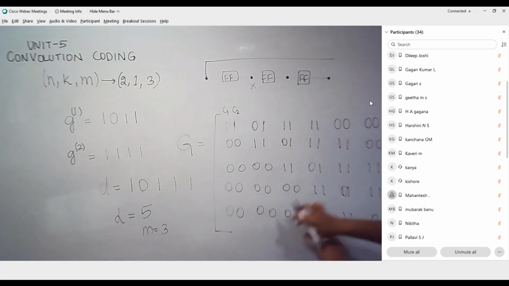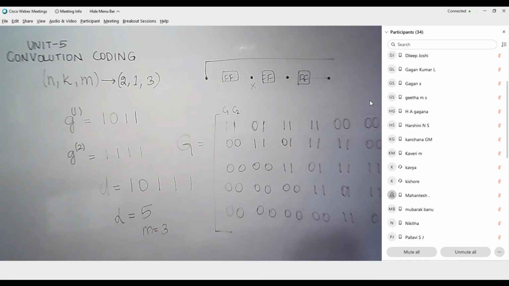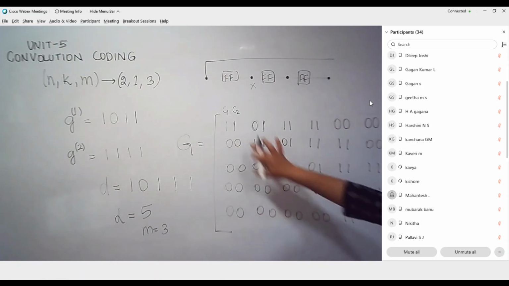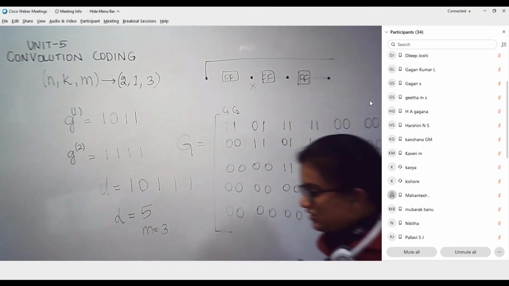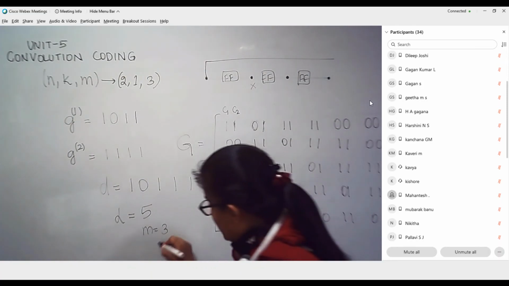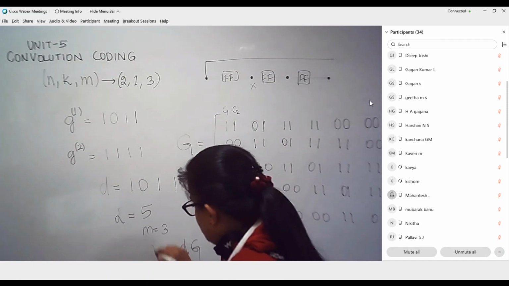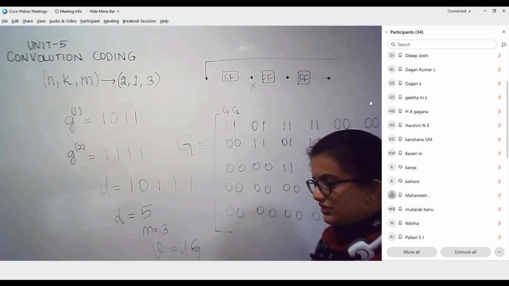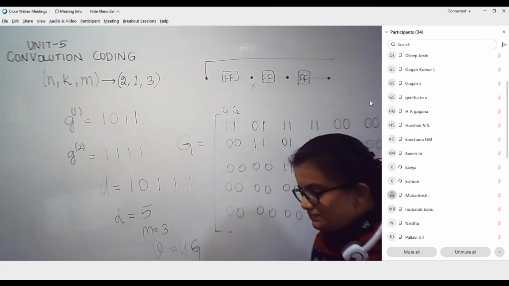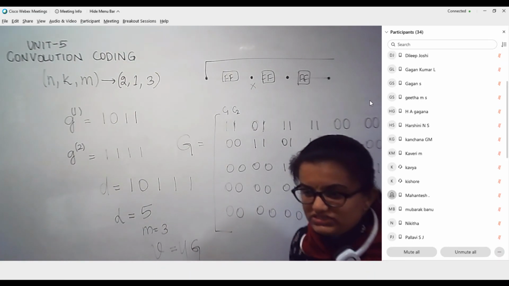So this exactly should complement each other. The first row should be flipped entirely. The 4 pairs of zeros should come at the beginning, followed by these 4 pairs. That is how we write the generator matrix. The simple way to obtain the code word vector is V equals U into G. Like this we will be able to find the code word vector for the given message bits. This part we will see a little later.